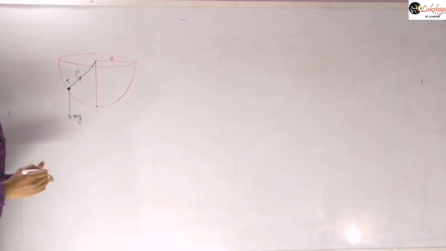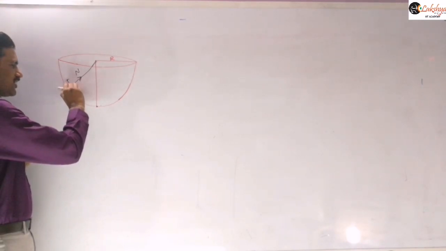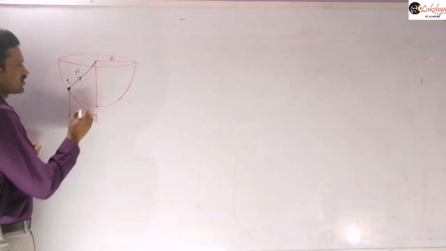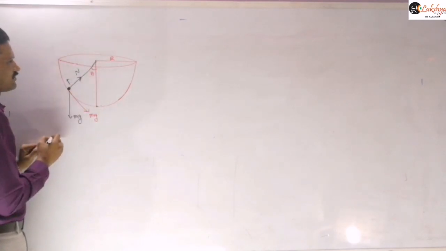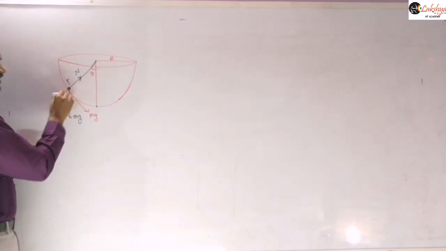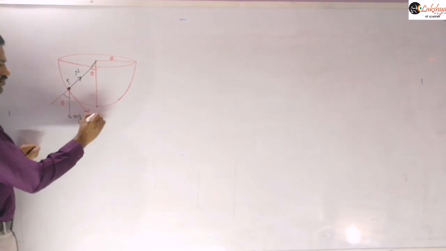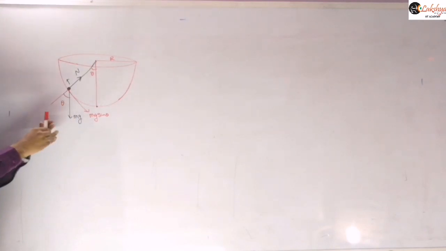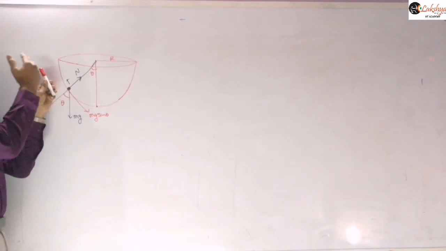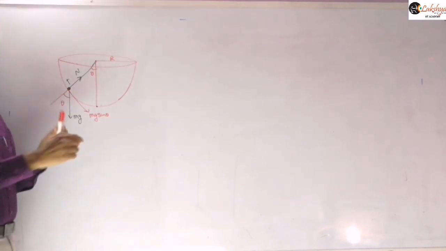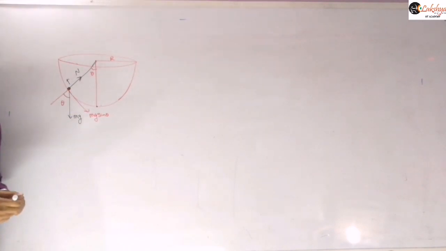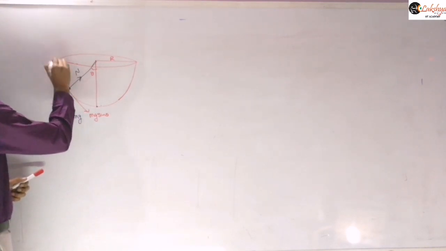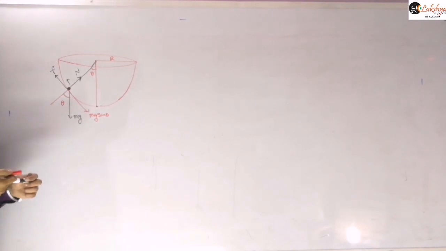No, it is not possible, because if friction is not there, mg sin theta will be acting along this direction, right? Suppose this angle is theta, so this will be mg sin theta. The object is trying to move in the upward direction. If no upward force is there, because of this mg sin theta it should start slipping downwards, right? So definitely the friction should be in the upward direction. That will be the direction of this frictional force.